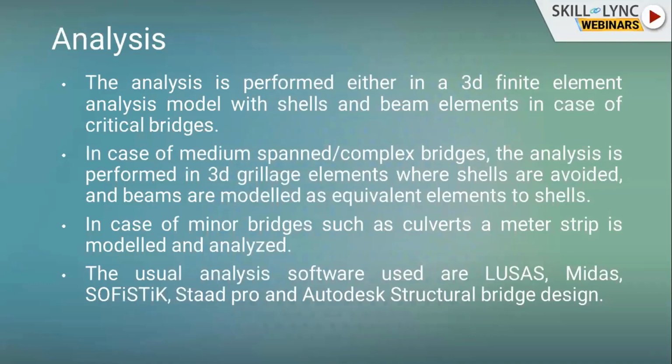And the next case would be, as I mentioned, simple Excel or other tools used to design. We generally refer to it as meter strip analysis. We take a unit meter of the bridge and design it. That is generally done in case of minor bridges such as culverts or integral bridges, which are very short in span and don't require to be so tedious compared to the effect. We cannot optimize much with the help of shell element analysis in those kinds of bridges, so it wouldn't make much of a difference. In that case, we'll be making a simple hand calculation. What I mean is an Excel calculation in that case.